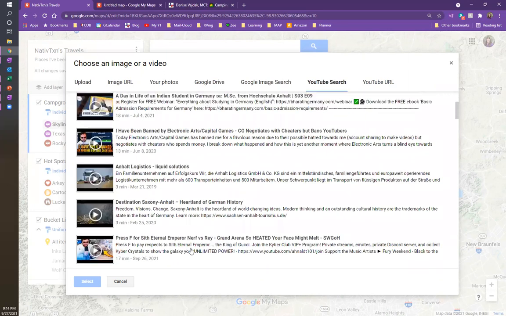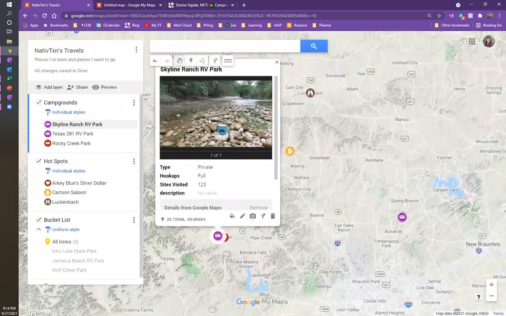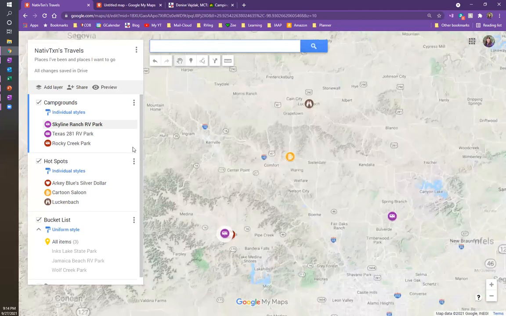I was looking for one of mine. But anyway, you can just click on one and it will pull that right in. So you can have images, and you can have multiple images, like I said, and you could use them as a carousel and run through them. You can add to it. And once you have everything built the way you want to,